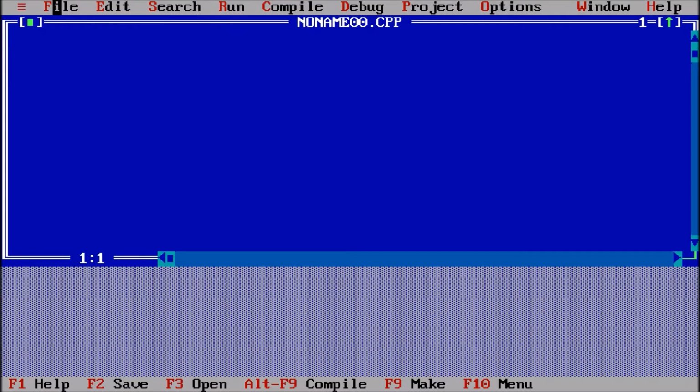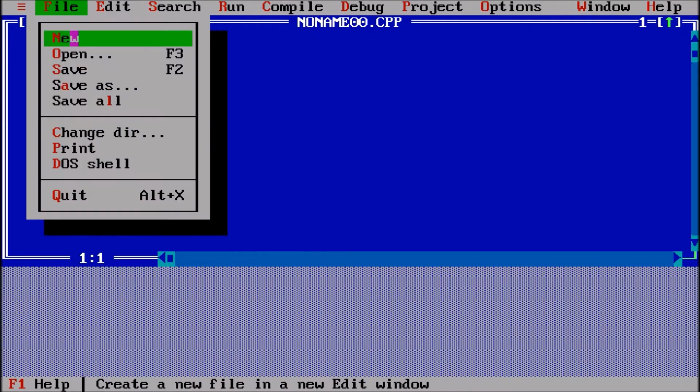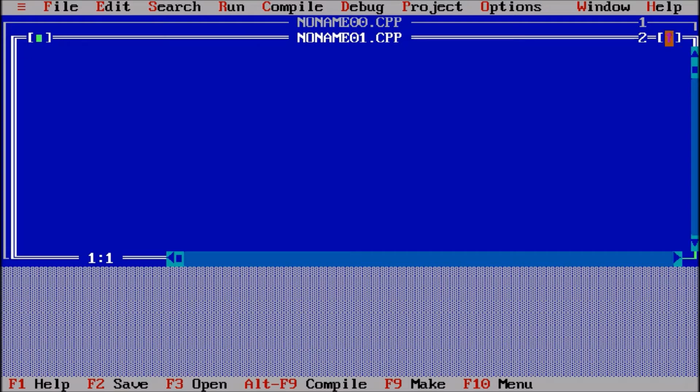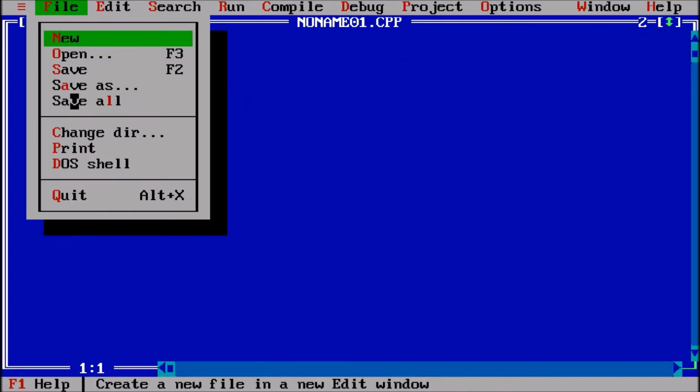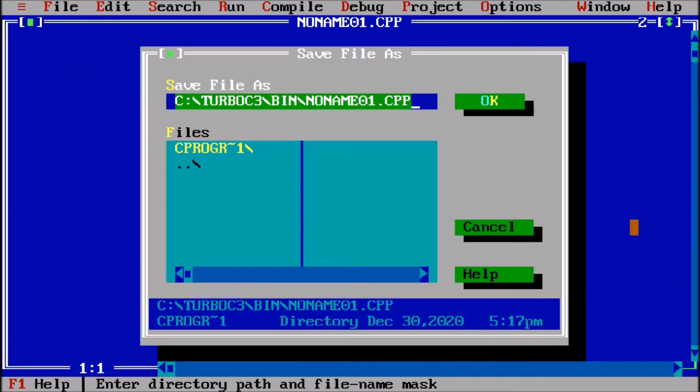Okay everyone, I will start with File, New, and there you can see that there is no name .cpp. So this is a C++ file. First of all, I will go to File, Save and give it .c. Now I am giving the file name tab.